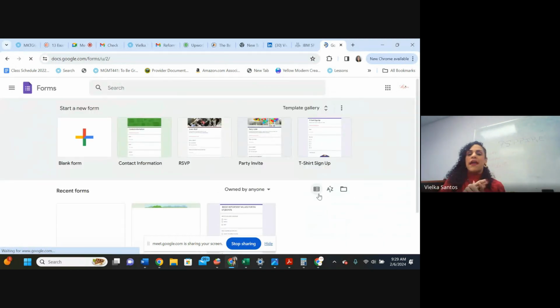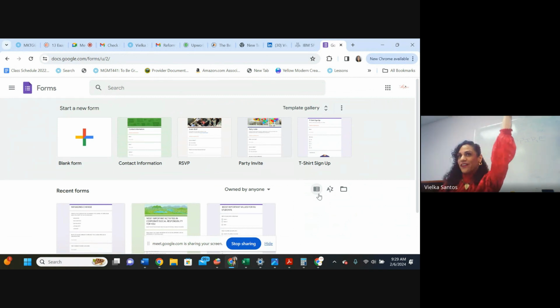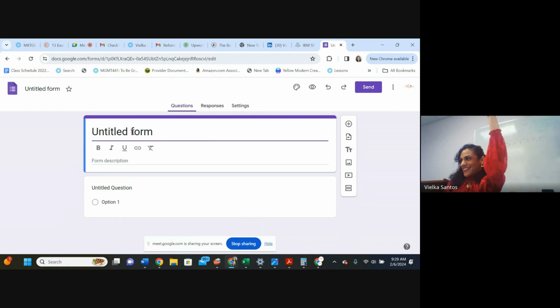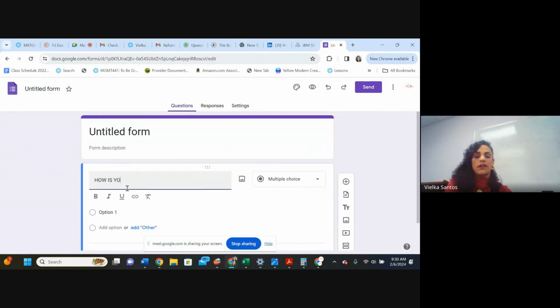And I am able, with a $0 tool, a free tool again, to create a survey. As soon as you have a Gmail, you have Google Forms. Just go to the dots in the top and go to Google Forms and then hit your plus sign and you are able to have the technology. Okay, so we put a name to our form depending on the research that we are doing, and we can hit the plus sign once, for example, how is your level of, first of all, that's not the best way to start, but